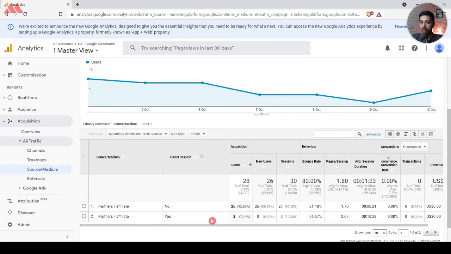So in case you are getting organic traffic, make sure you filter out direct sessions with this secondary dimension and see if you are actually getting the traffic from that source or it is coming from the 6 months timeout window. And if it is so, then make sure you go ahead and reduce that session timeout so that you can get some better data in your source and medium section. So right now it's not a big difference, but by doing a small change,